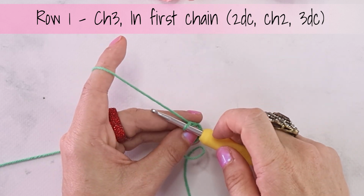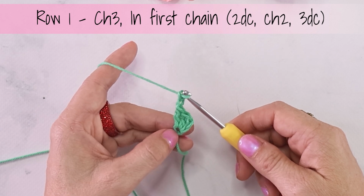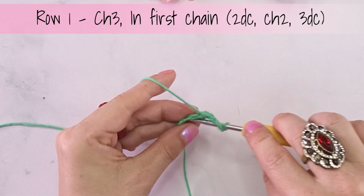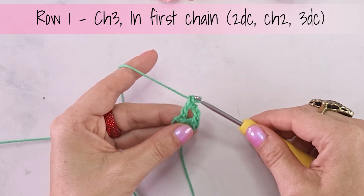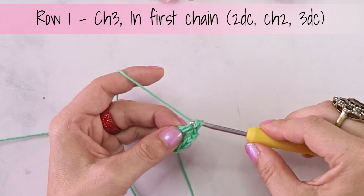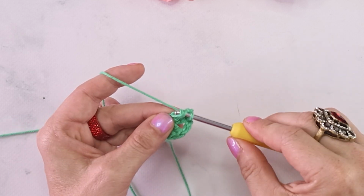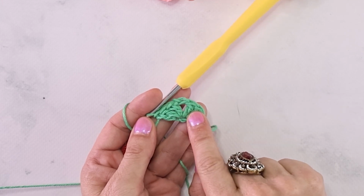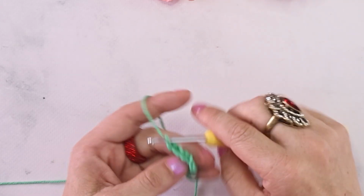For the point, we're going to chain 2. So 1, 2. We're now going to do 3 double crochet back into that first chain. 1, 2 and 3. There we go, that's our first row. We have a cluster of 3, the 2 chains for the point, and a cluster of 3. Now turn